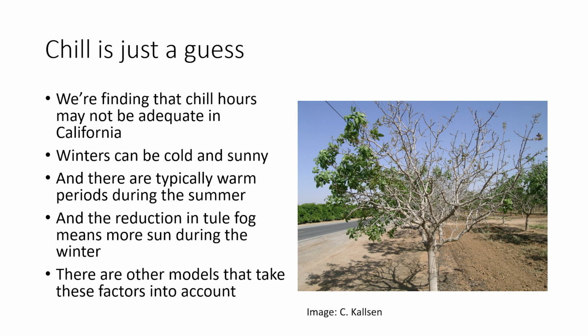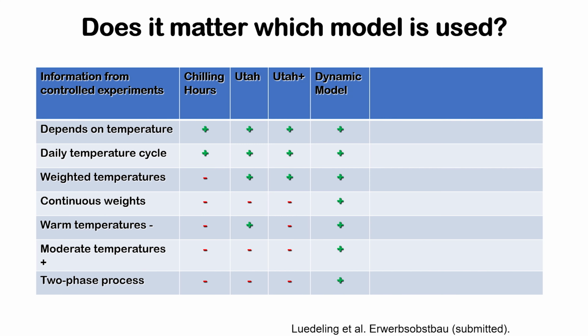So there have been other models developed for chill. What we are talking about more is the dynamic model. So if you've ever heard chill portions, that's using the dynamic model. And what it basically does is it takes into account warm temperatures, and it also does weighted temperatures based off of if you're closer to freezing or a little bit further away from freezing. So the big thing to understand about the dynamic model is that